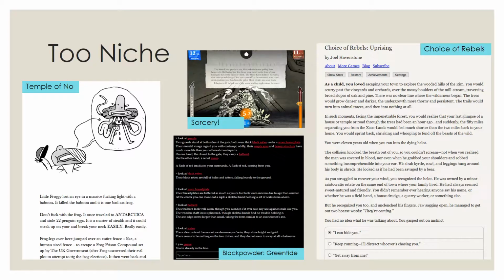By too niche, we're talking about your typical old school text adventure. There might be some supplementary images, but it's all about the text. And in my opinion, that's not very accessible, and you're not going to get into this unless you're already predisposed to like this kind of stuff.